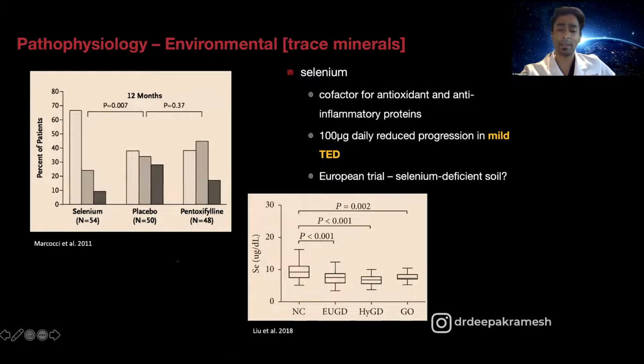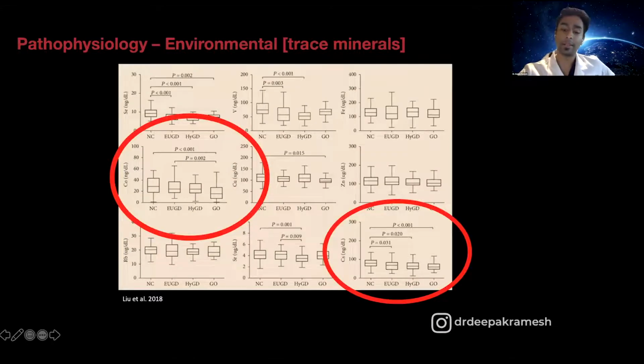So in this paper from China in 2018, they looked at not only selenium, which is in the top left, but they also looked at other trace minerals, including cobalt and cesium. And these are other trace minerals that are also involved in the anti-inflammatory pathways. And they were also found to be decreased in patients who have Graves' disease and Graves' orbitopathy. So cobalt and cesium have never been studied in a randomized trial in the way that selenium was, but it's quite possible that supplementation of cobalt and cesium can